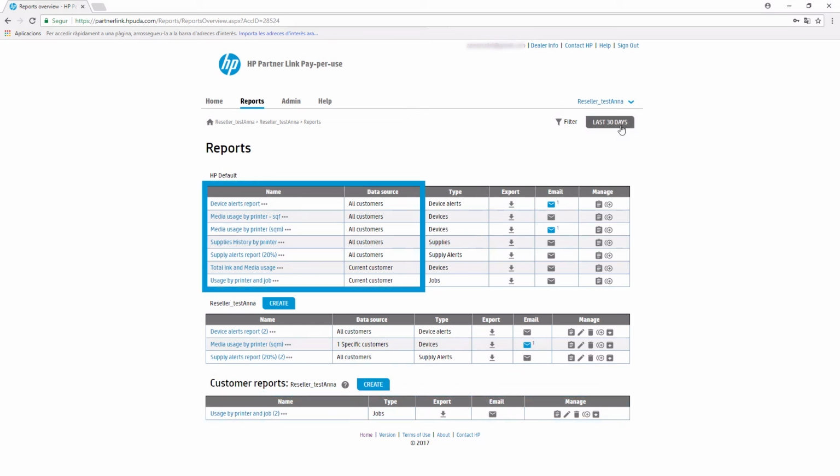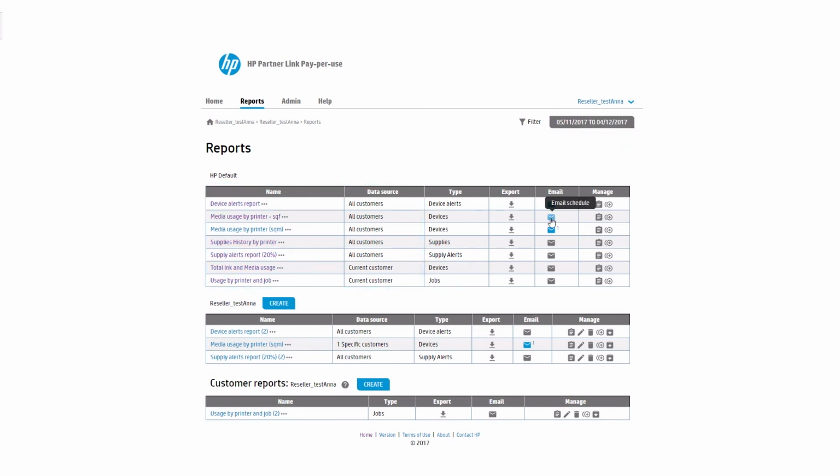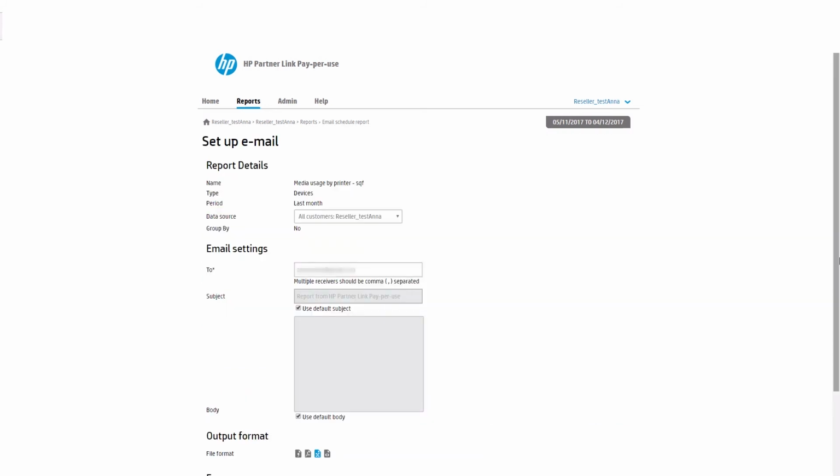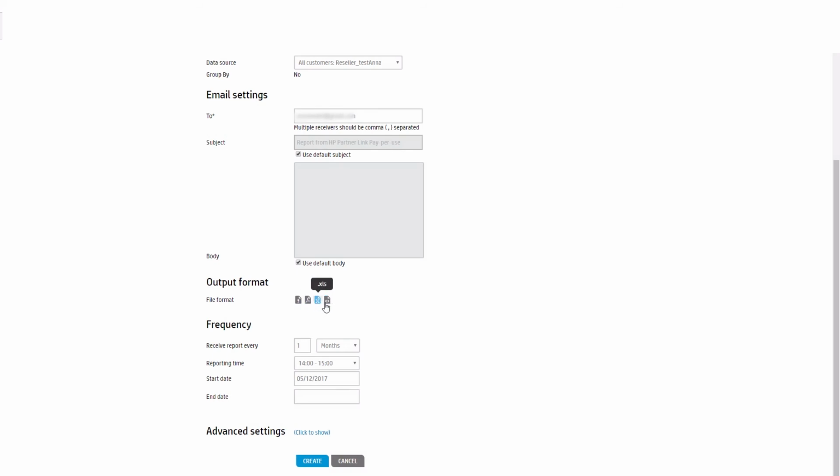Let us review the HP Reports section. Here, you will find a list of reports that we have designed. All of them offer information about the past month. If you click on the Schedule Email button, you will be able to receive a list of the information each of these reports show. You can select to whom you want to send this report, the format you want to send the report, and the frequency that the report is to be sent.